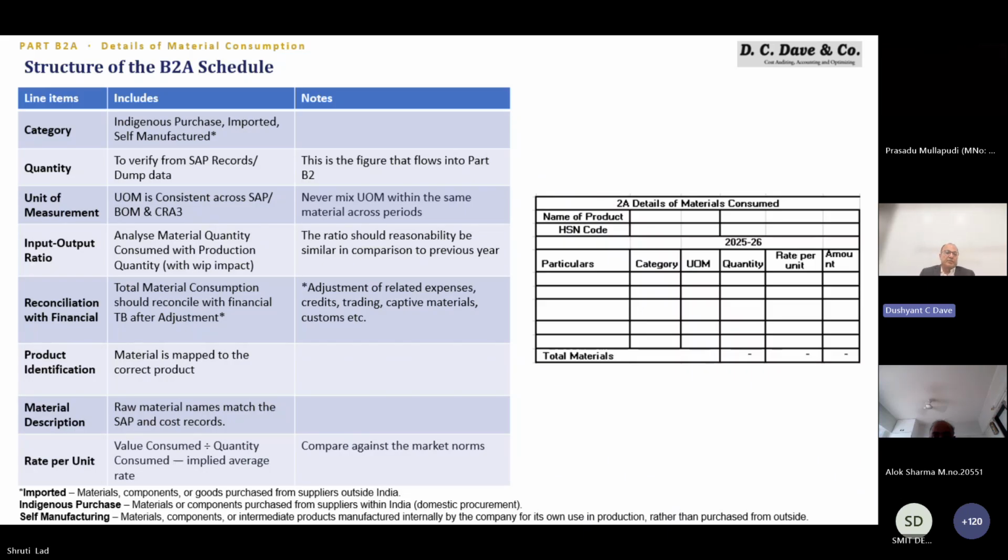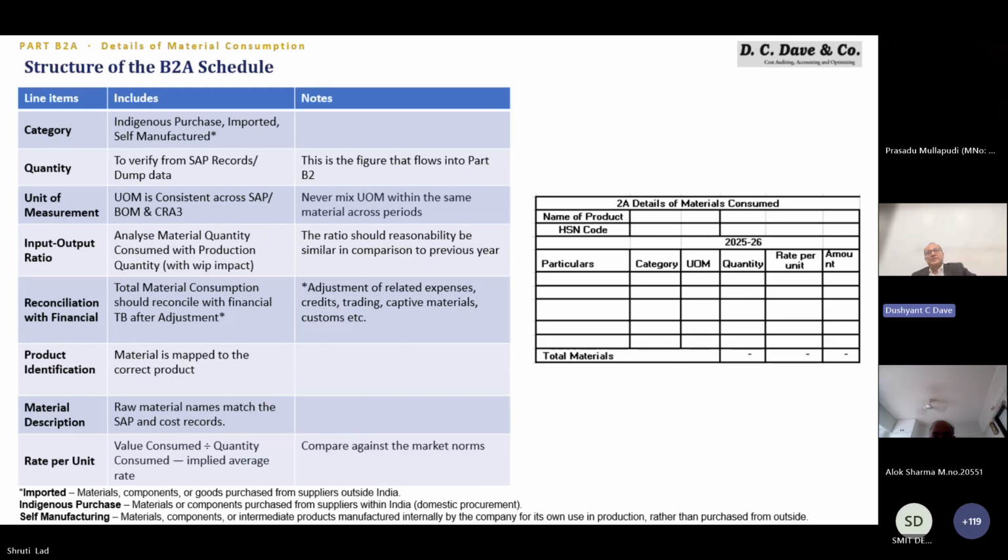But if one material is 50 and others are 300 or 200, or 20 materials are there, then you have to use your judgment on how many materials to treat as material. So now that we understand the structure of B2A, gentlemen, to revise again,